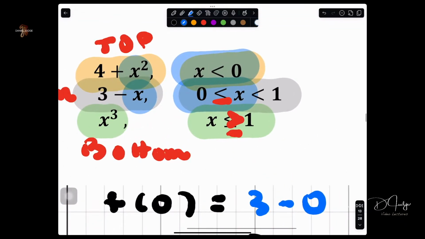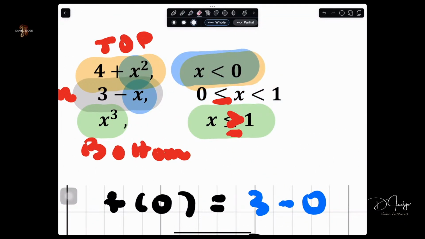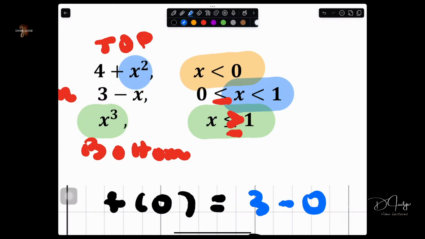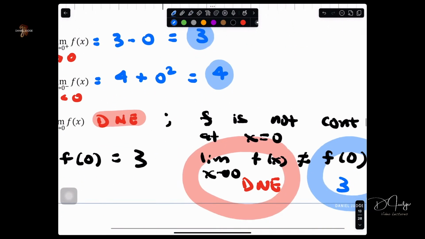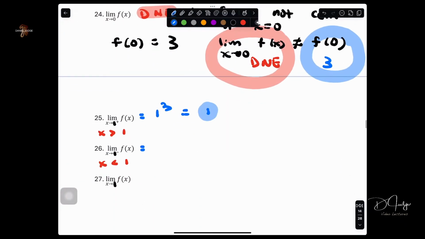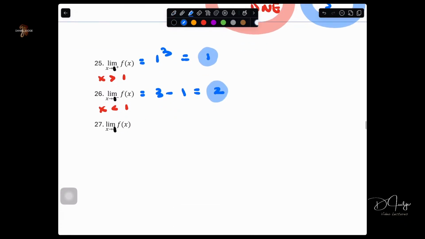And for x being smaller than 1, I want you to see it right here. This is the piece you use. So you're going to plug in 1 here for x. So that'll be 3 minus 1. 3 minus 1 is the value 2. And so what we know now,